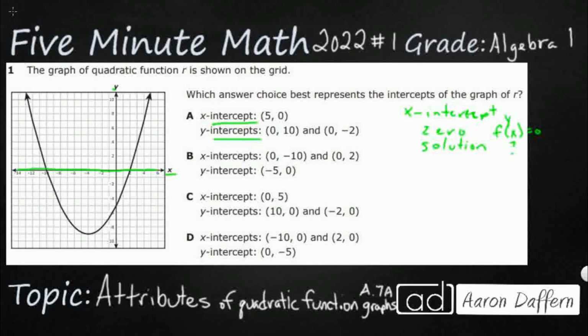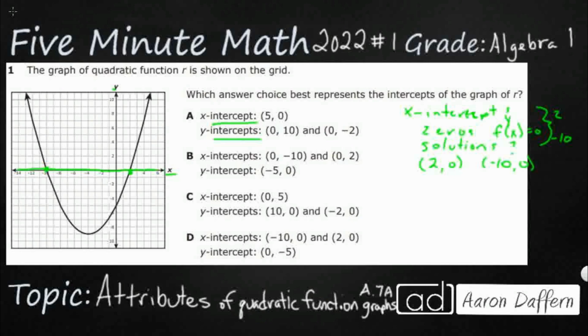So it looks like I've got a -10. Looks like that is a 2. Okay, so we can say our x-intercepts or our zeros or our solutions are going to be 2, and then I've also got that -10. Now, I'm just listing the x-coordinate of the x-intercepts. We know that the y-coordinate of those are going to be 0, but if you look at our answer solutions, they go ahead and give you the full coordinate. So let's just go ahead and put that there. So I've got 2, 0,